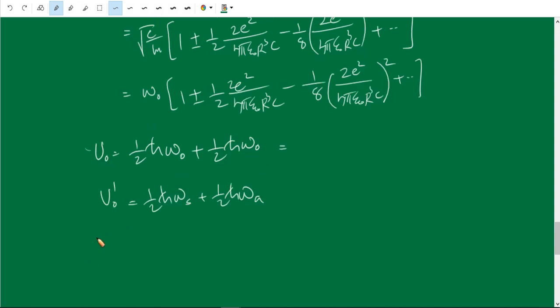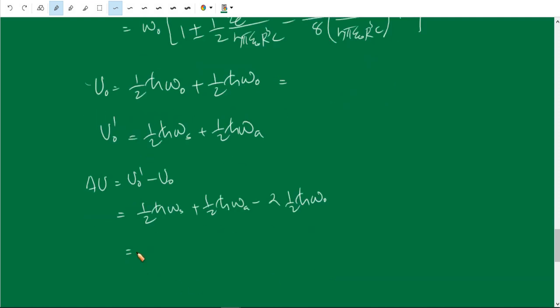Therefore, the zero point energy due to the interaction is delta U equal to U0 dash minus U0, which is half h cross omega s plus half h cross omega a minus 2 times half h cross omega 0,